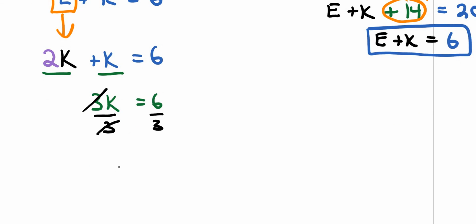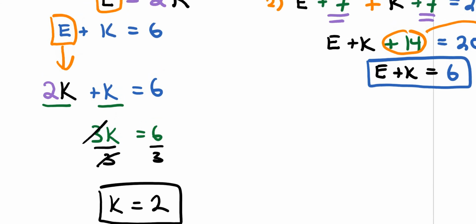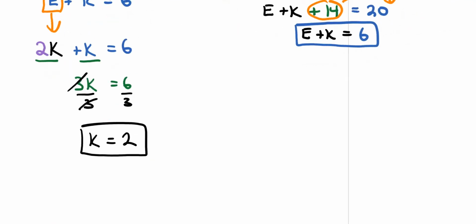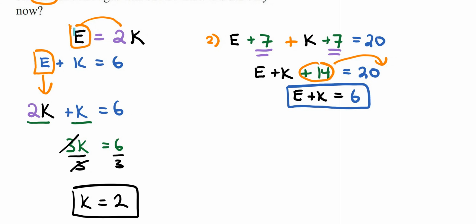So cancel those guys off. And 6 divided by 3 is going to be 2. So Kate is going to be 2 years old. And if Kate is 2 years old, remember, if I just highlight the first equation here in blue,